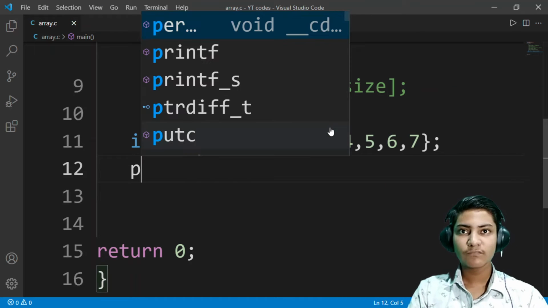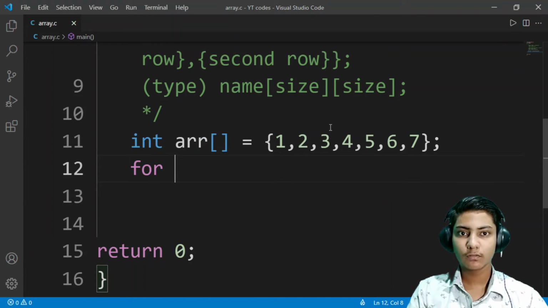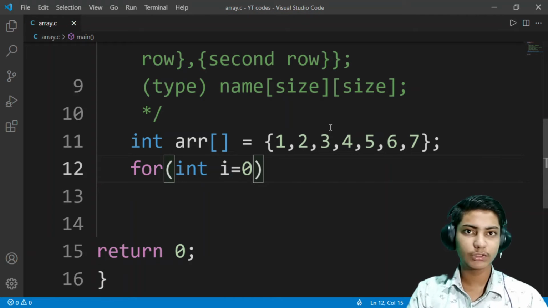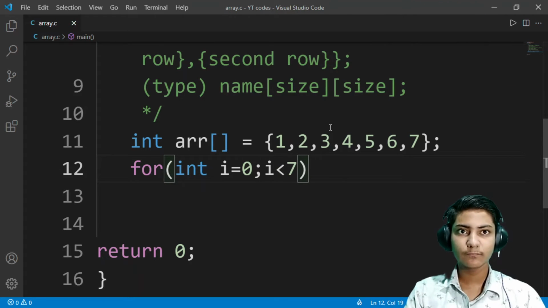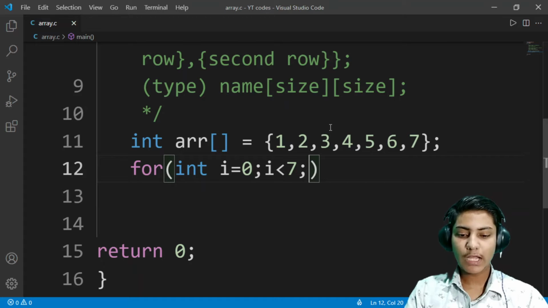So here, for int i equals to 0, i less than 7, and i plus plus.